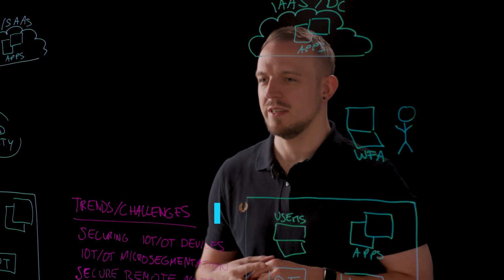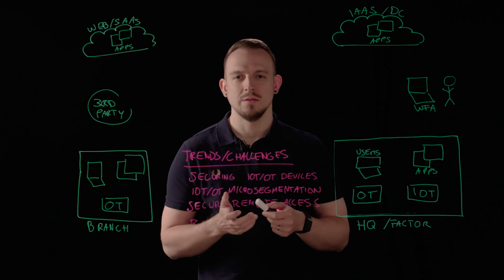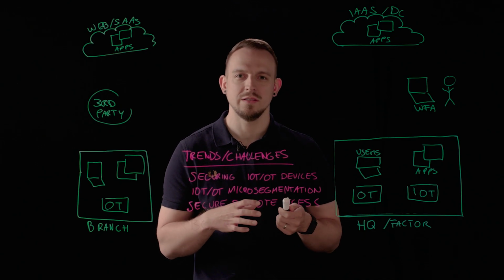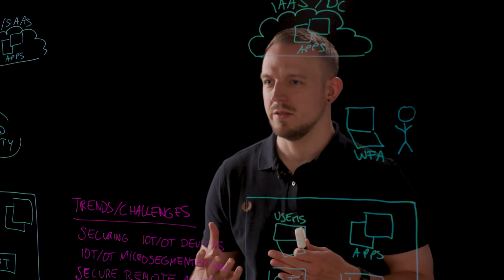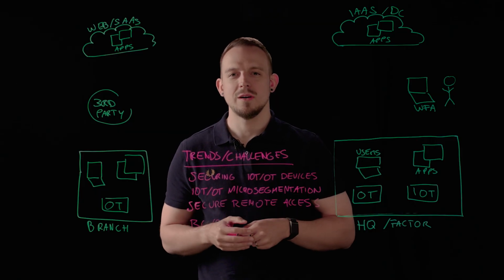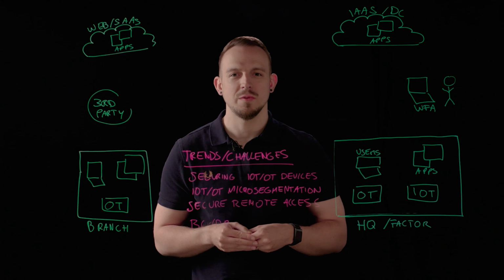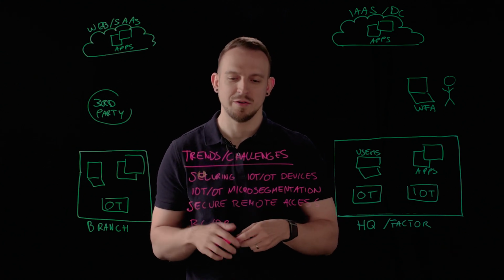IoT and OT devices are the backbone of smart factories. They are really tough to secure because oftentimes they are not patchable, they have loads of vulnerabilities, and they are at risk of being laterally infected by threats on your network. From talking to our customers in the manufacturing business, we know that you are probably also struggling with some or all of those challenges that I'm going to talk about.